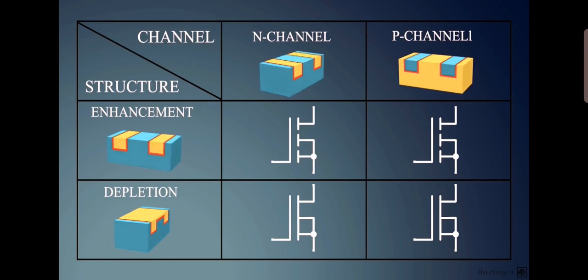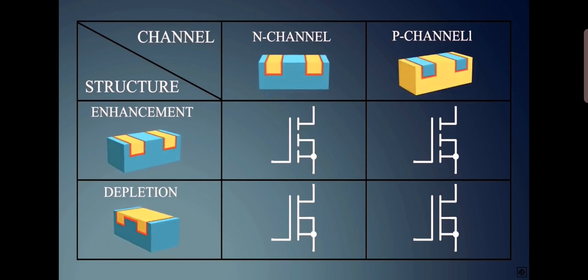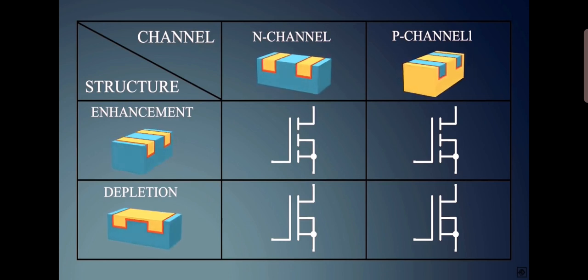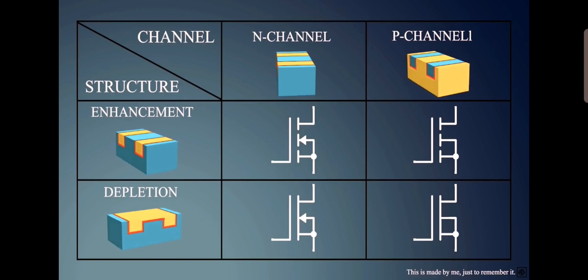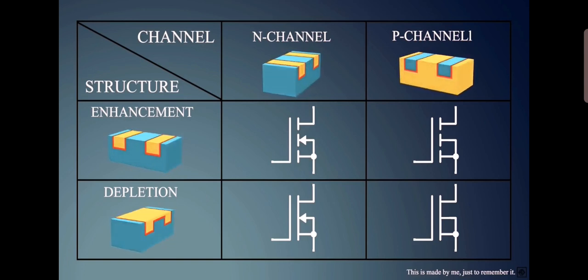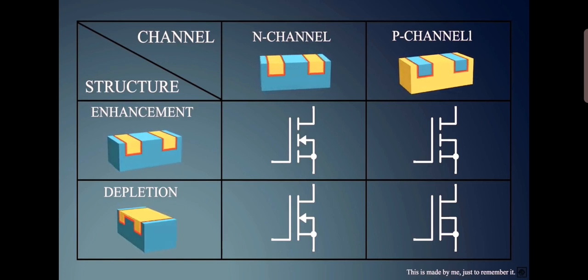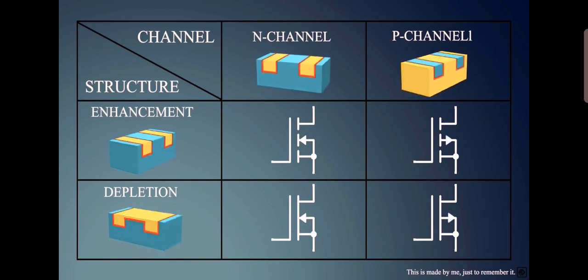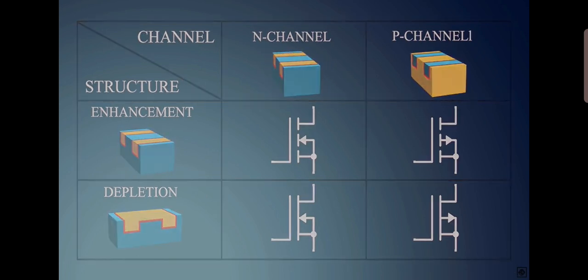If the lines are broken, then it's enhancement type as the channel needs to be formed, else if it's one solid line then the channel is present and it's depletion type. If the arrow is pointing towards the substrate then it's N-channel, or the electrons flow towards the gate to form an N-channel, otherwise, it's P-channel, or the electrons flow away from the gate to form a P-channel. These MOSFETs are present in almost all electronic devices,